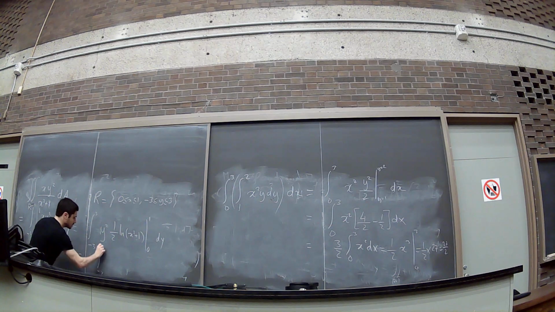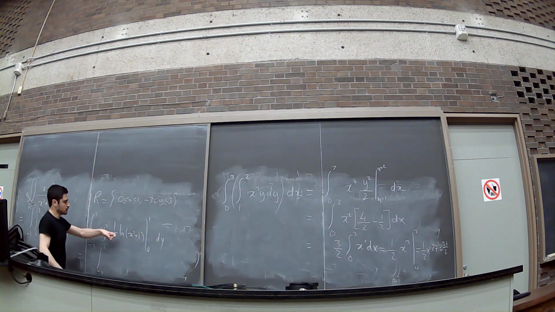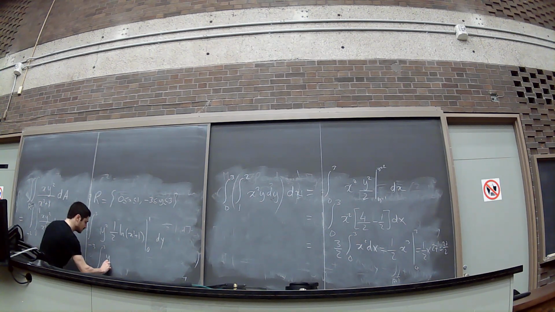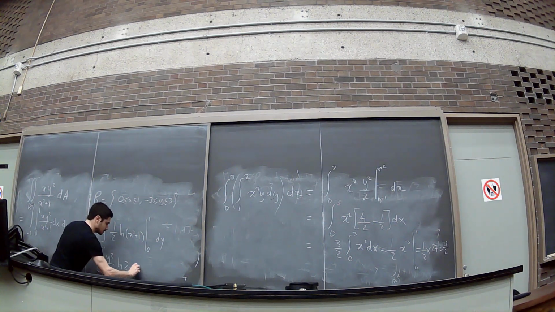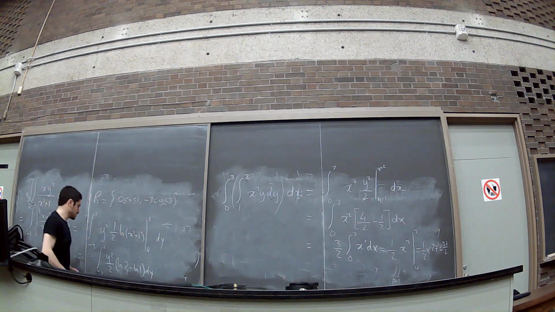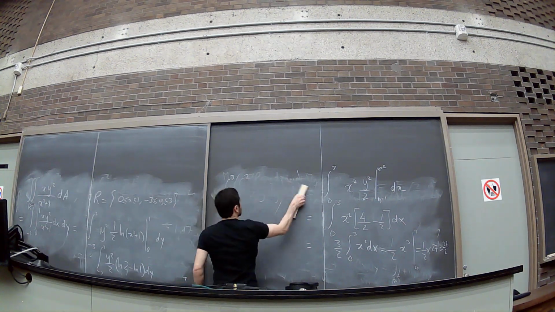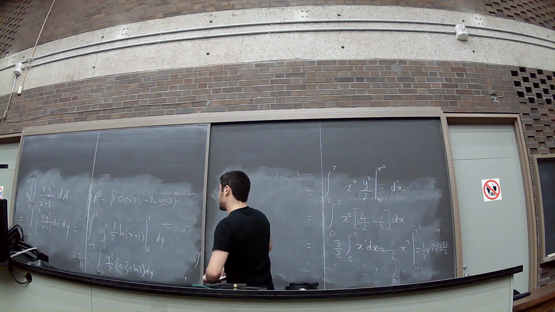It's minus 3 to 3, y squared over 2. Ln of 2 minus ln of 1. Ln of 2 minus ln of 1, what is that? It's ln of 2, right? Because ln of 1 is 0, right? dy. Now I want to integrate y squared over 2 times ln of 2 on the interval minus 3 to